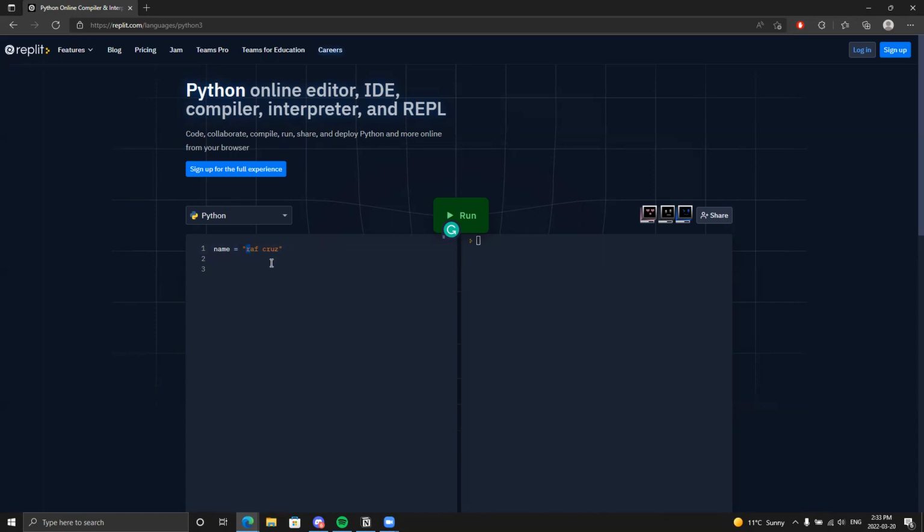So R has a position of 0. A has the position of 1. So R is 0, A is 1, F is 2. The space has a position of 3. So that is pretty important to understand because this positioning, when you start counting as an in position, the position